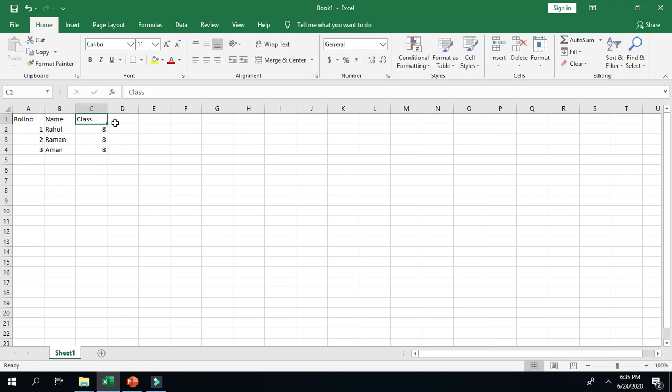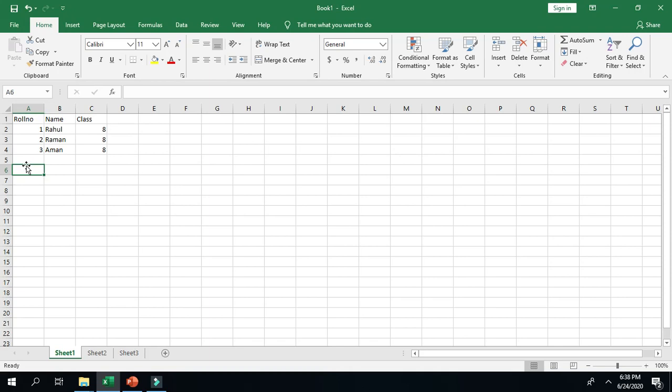So basically there are two ways to move from one cell to another. One is with the help of mouse. Second is by using the arrow keys on the keyboard. So by repeating these steps we can enter the data in Excel worksheet. And one more point is there, in Excel the text data is left aligned. Left aligned means that alphabetical data is shown on the left side of the cell and numeric data is right aligned. It means the numbers will be shown on the right side of the cell.